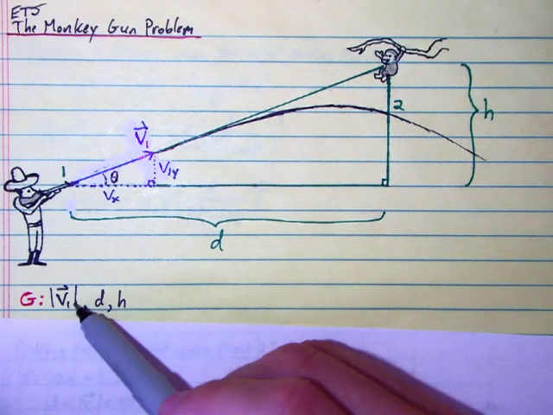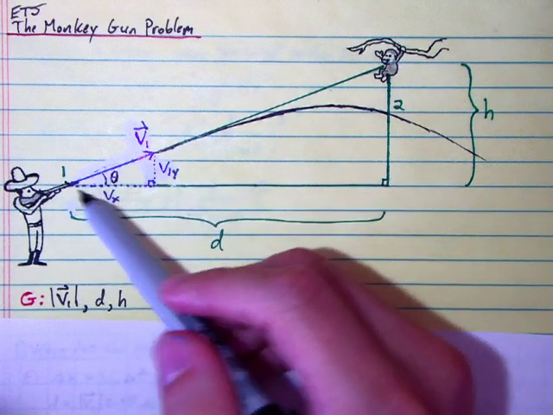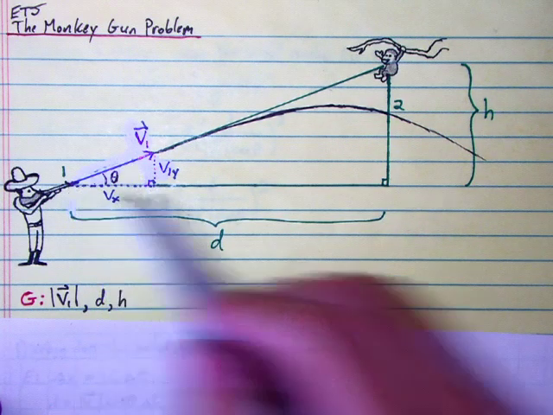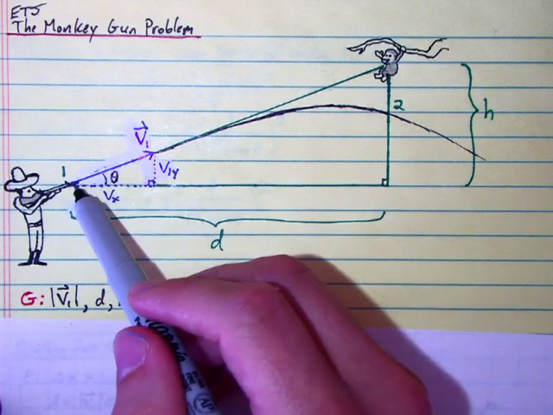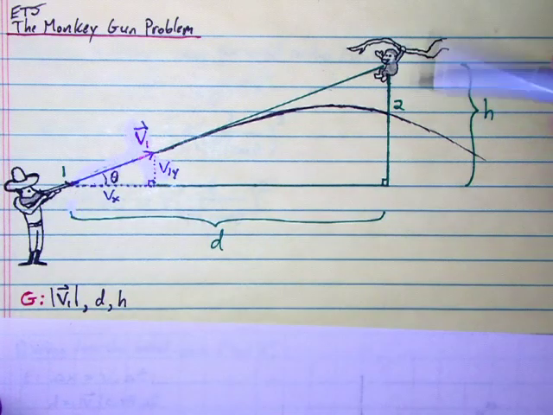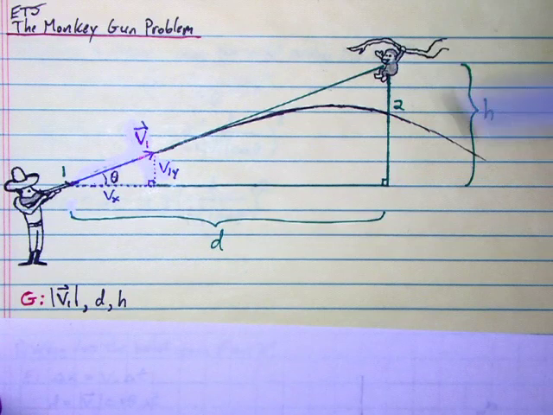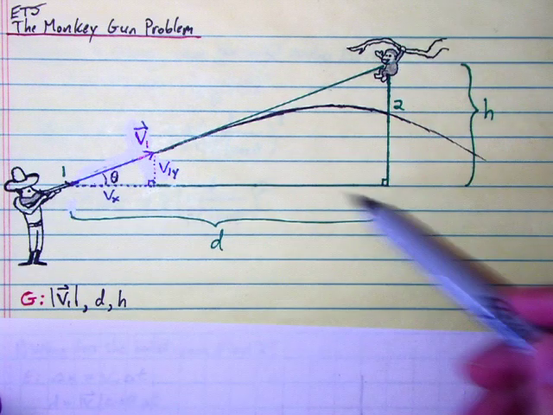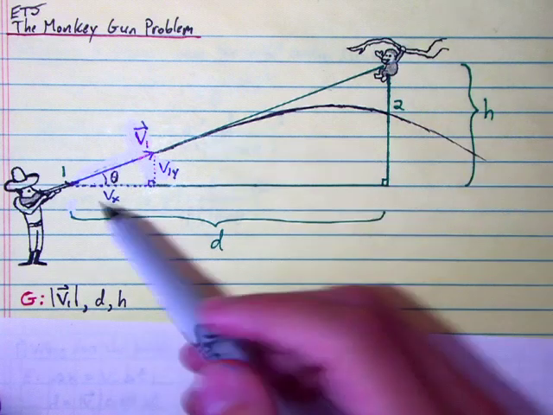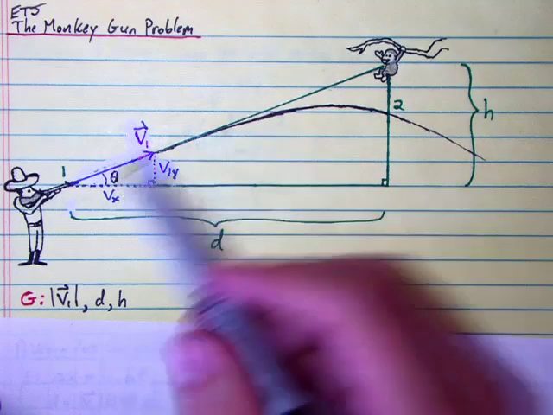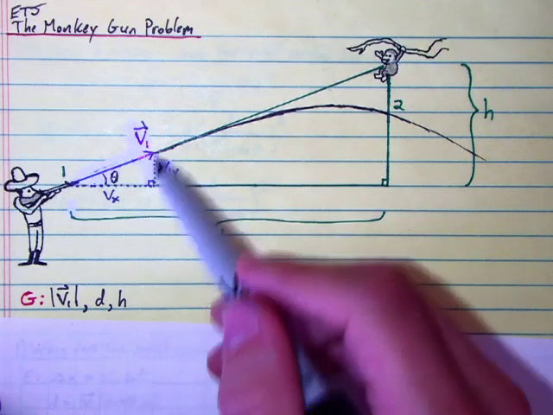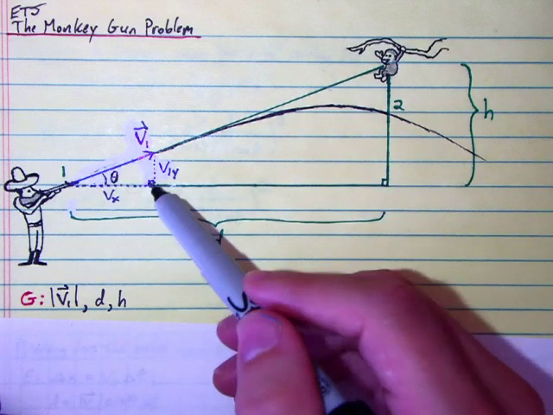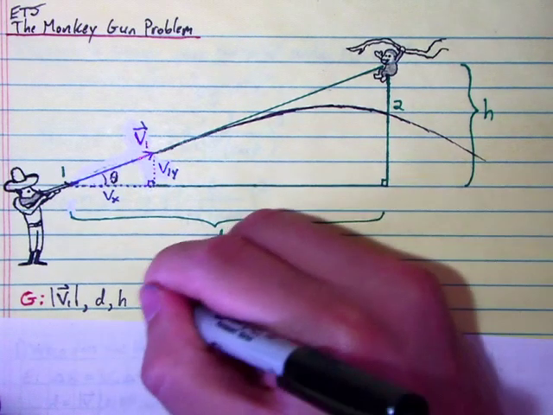Let's say we know the launch speed from the rifle, and the horizontal distance from the rifle to the position right underneath George. We know George's height above the top of the rifle. And if we know these two distances, I guess we also know this angle. Note that this blue triangle and this big green triangle are similar. They share an angle here and they're both right triangles. Therefore, we could say that